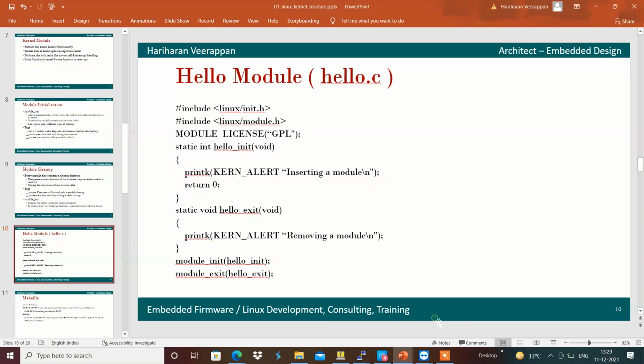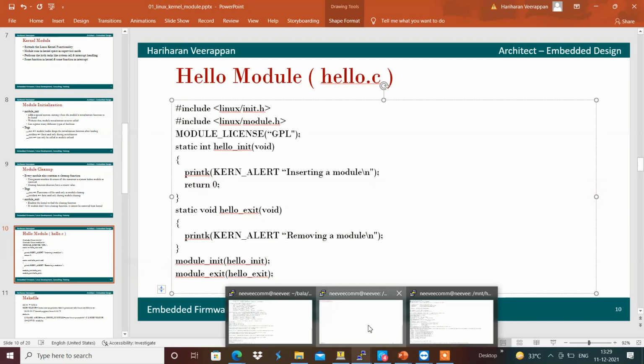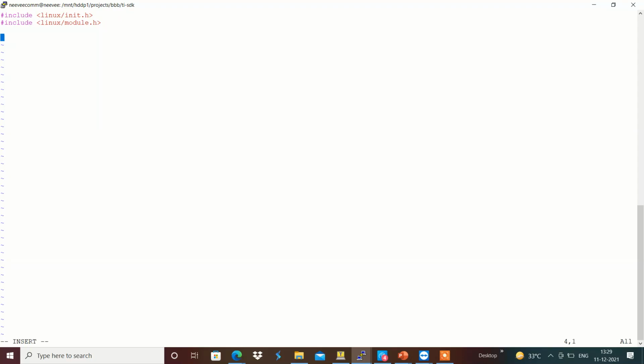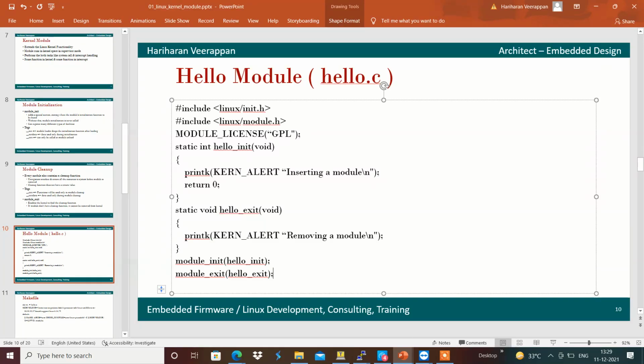that we are going to use. For example, hello_init is the module init function, and hello_exit is the module exit function. In the initialization, we will be returning an integer. If we return 0, the module initialization was a success. In case of exit, there is no checking for the exit. During the exit, it just removes that kernel module from the kernel.